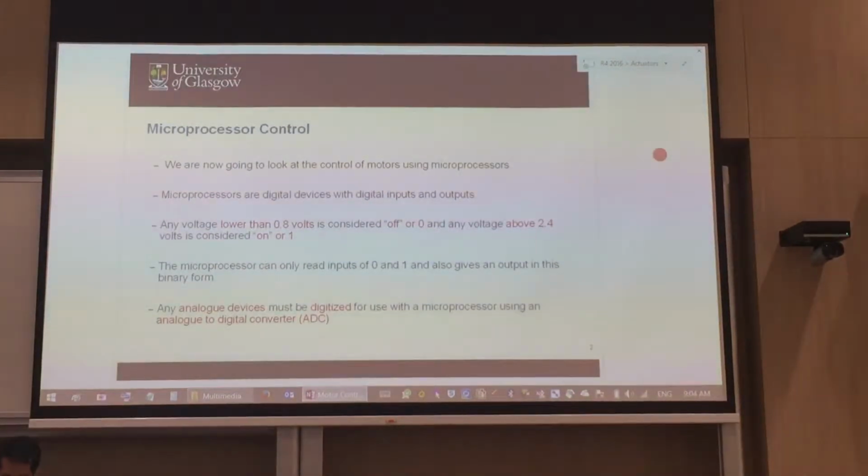The microprocessor is something that we use a lot to control the motor. Particularly, you have heard so much about digital signals, 1s and 0s. Have you ever wondered what those 1s and 0s are? I know it's a digital signal, but there's a certain voltage behind it. And recently, these 1s and 0s came down to a lower value